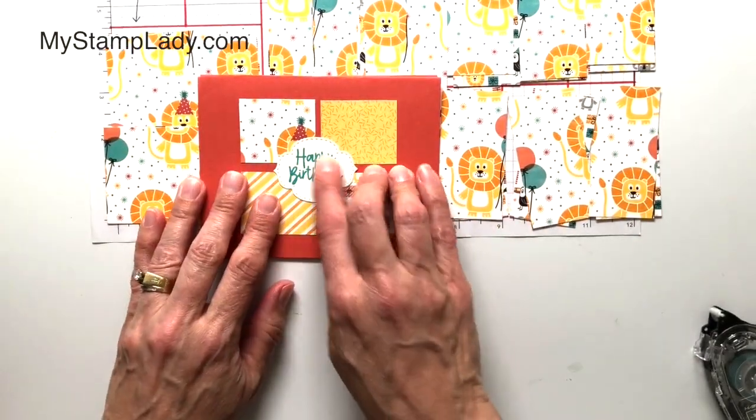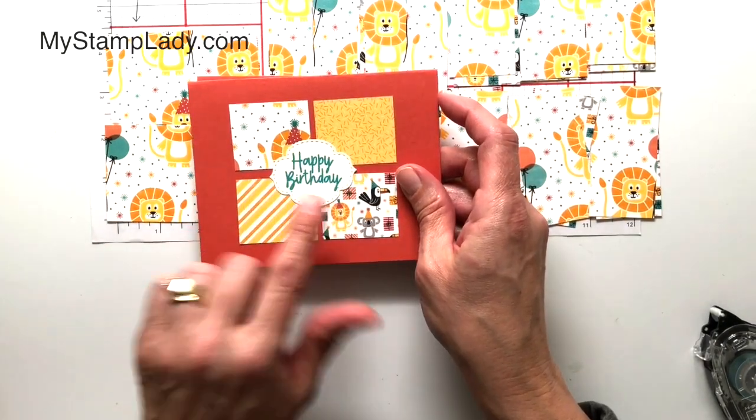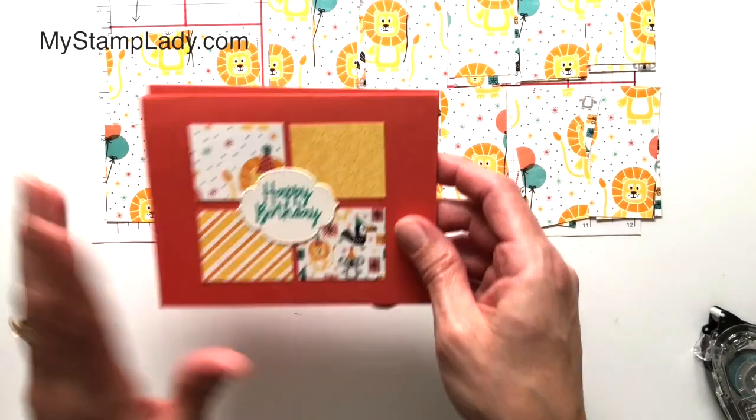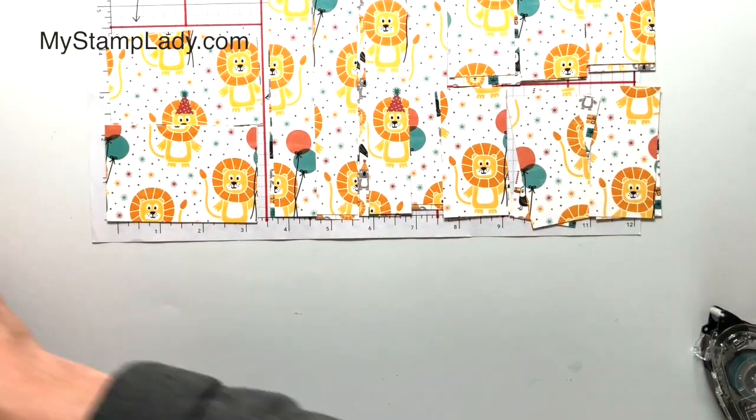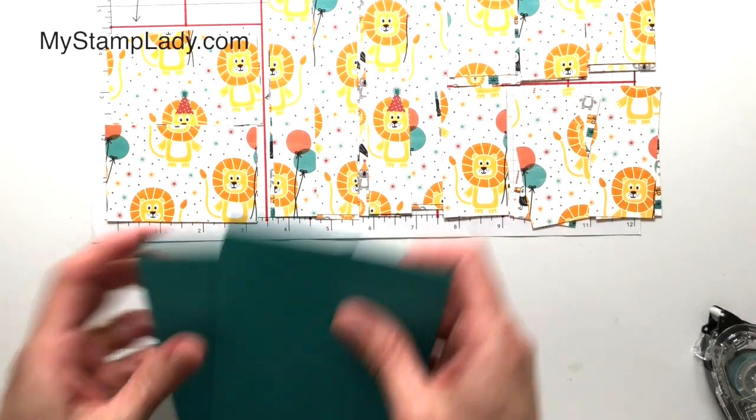Okay, this is how I finished it. This is a stamp set. This is a stamp from that set, and this is from the Stitch So Sweetly. This was super simple. Okay, so my next one, I used Bermuda Bay, and I am going to make 2